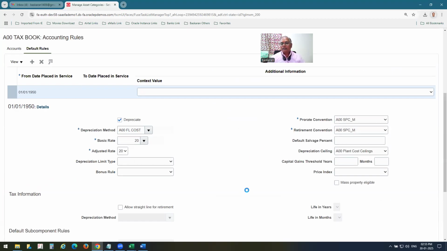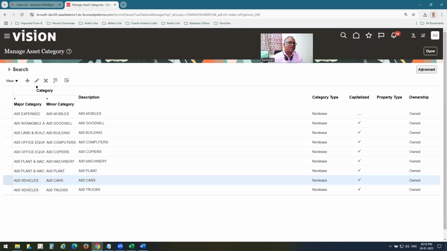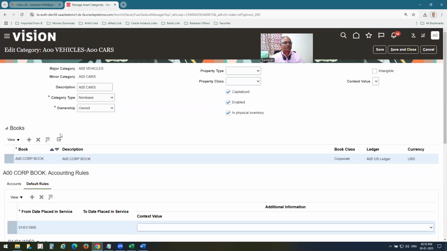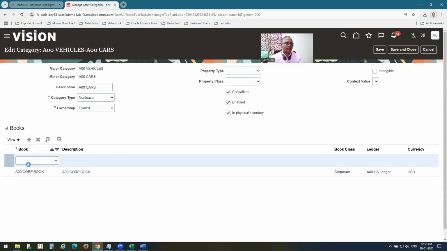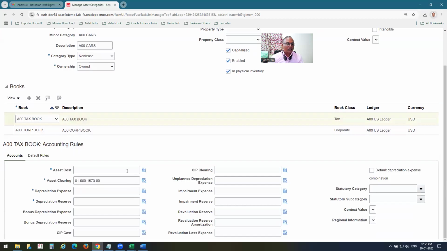Plant ceiling completed. Then finally, two more: cars and trucks. It would have been completed in addition itself, but at least we have some info, right? More easy to understand. So